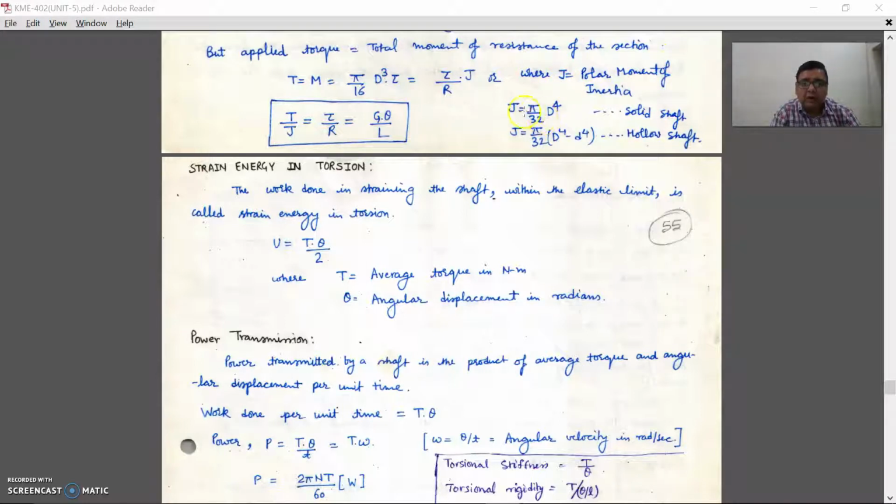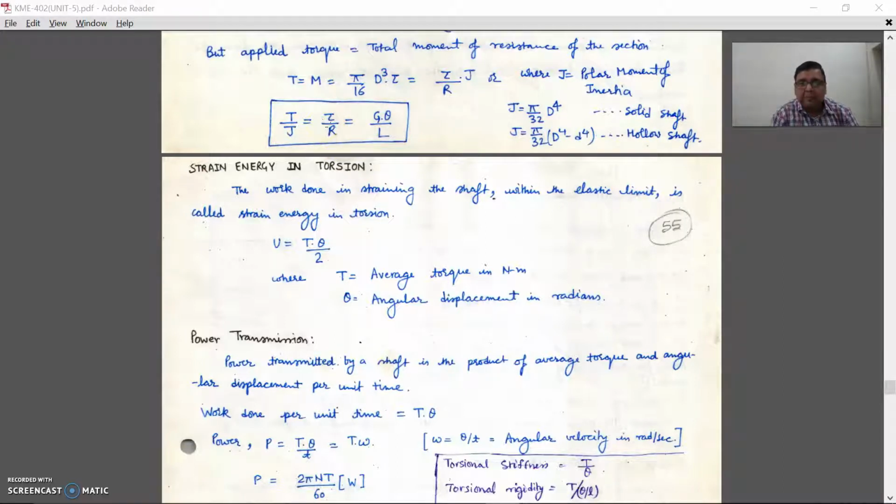For a solid shaft, J is equal to pi by 32 into d to the power 4, and for a hollow shaft, J is equal to pi by 32 into capital D to the power 4 minus small d to the power 4, right? Now in this, the R component is very important, and it is not written what we mean by R,